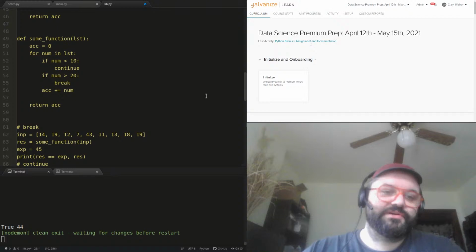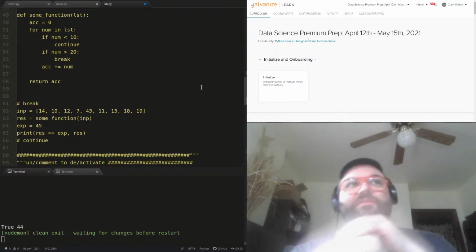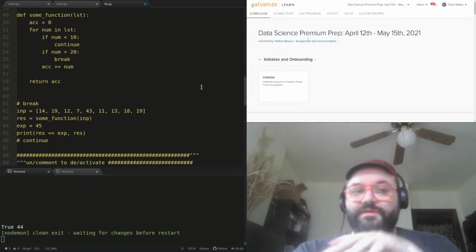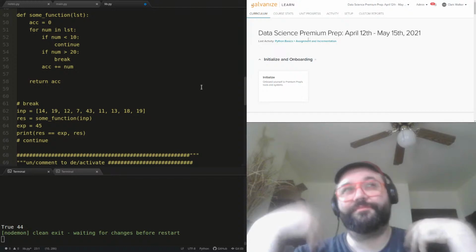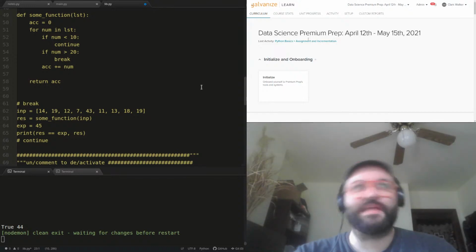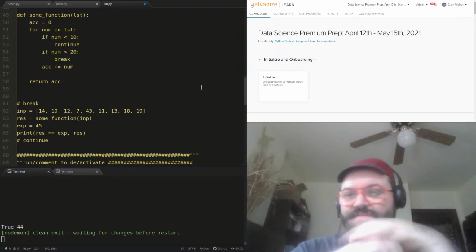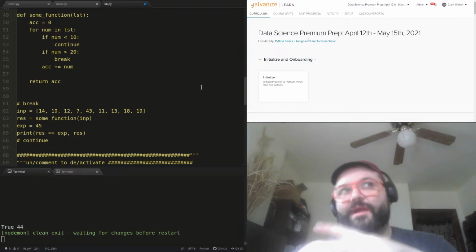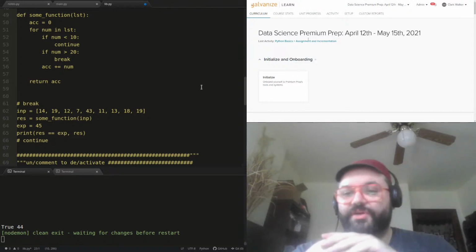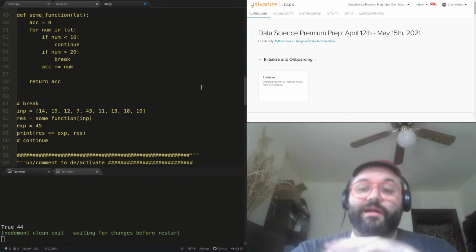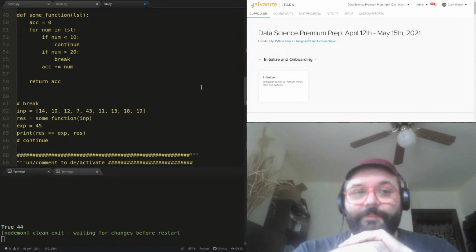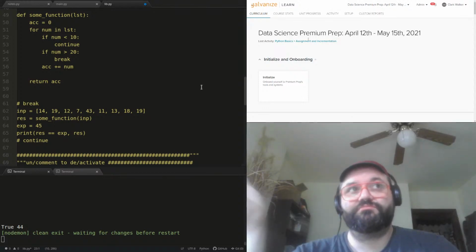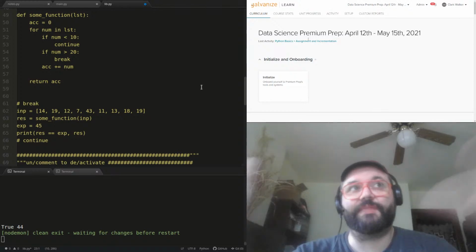As for break, continue, and pass, I think the rule of thumb is that break and continue go together. They help us control loops. Pass isn't like that. It's not that you can't put a pass in a loop, it just doesn't really have anything to do with loops specifically. You could put a pass anywhere that's expecting an indented block of code that you don't want to put in there right now. So it's a placeholder that you're going to get back around to.